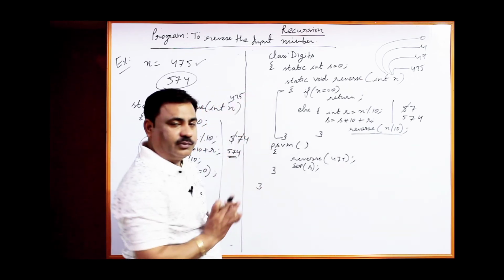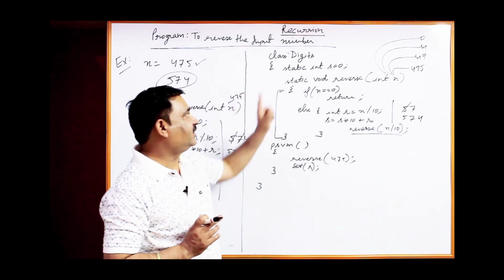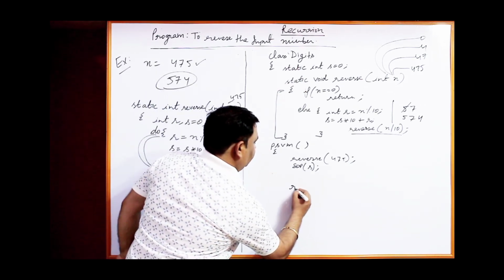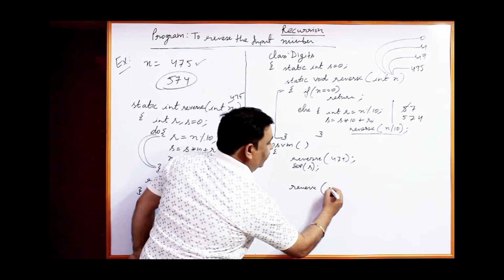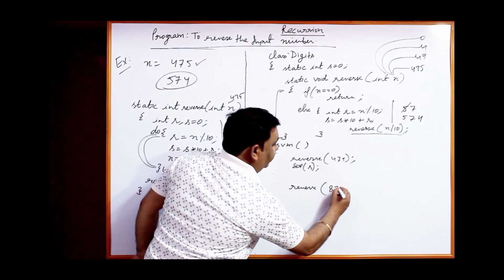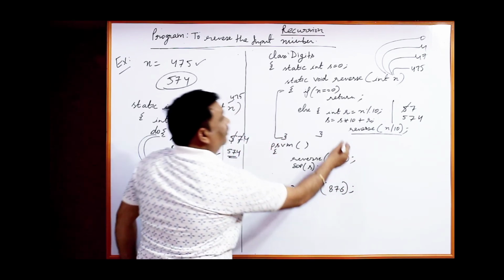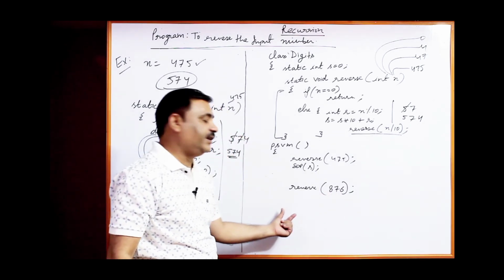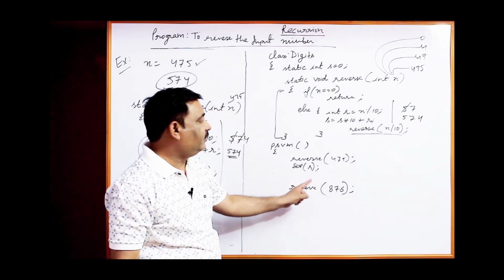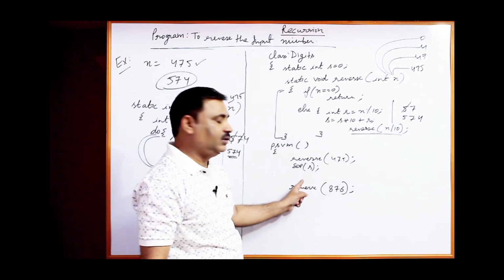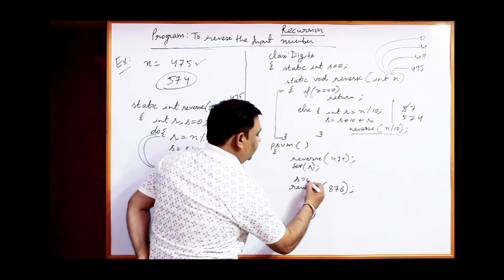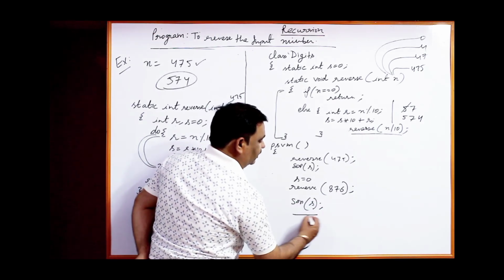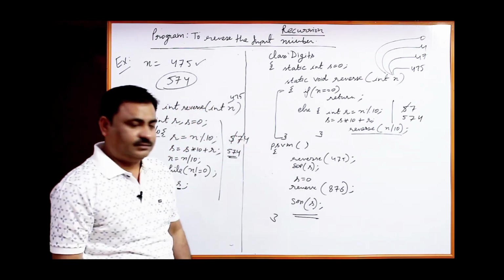This is the complete program. But one thing again you remember, S is a static variable. If you call this function again, if you want to reverse a different number, then you will not get 678, because it will not start from 0, because S is now 574. So you have to make S equal to 0 again, then only call the function with different values. Now you will get the reverse again. That's all.